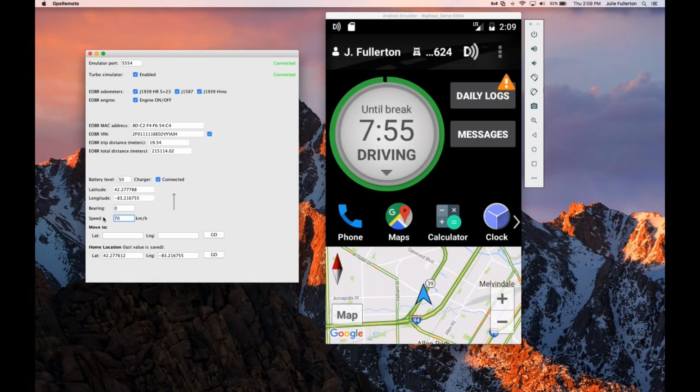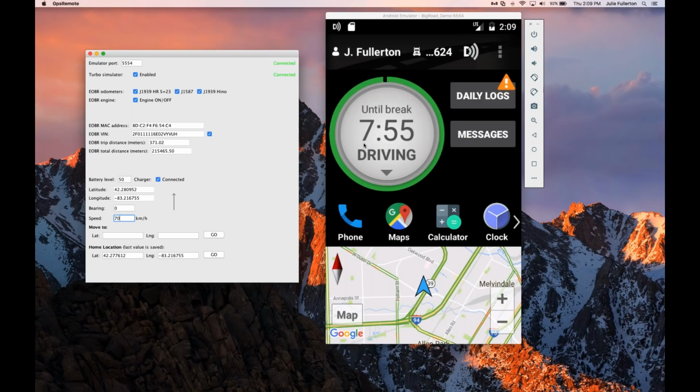So as soon as wheels are in motion, the system will put your drivers on the drive line. So notice here as well, my clock has changed. So it's telling me I have 7 hours and 55 minutes left of drive time until I'm legally required to take that 30-minute break. So just another example that the duty status clock will change every time your drivers make